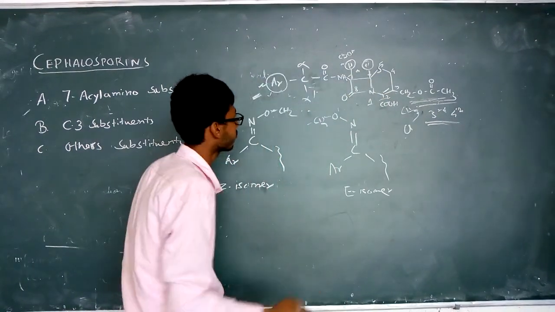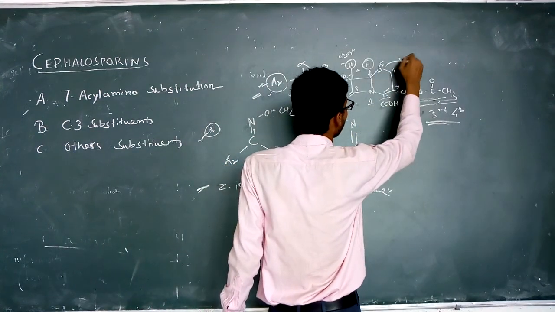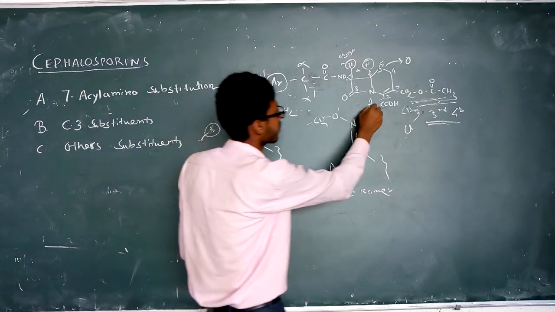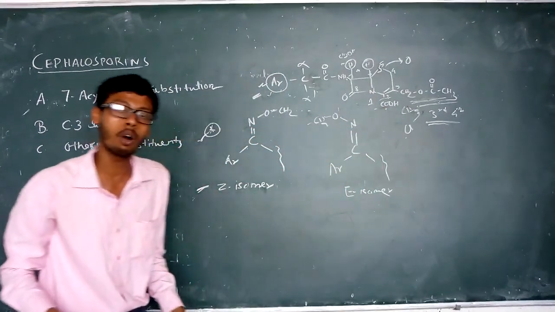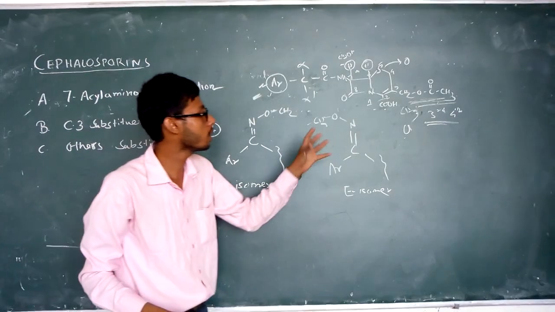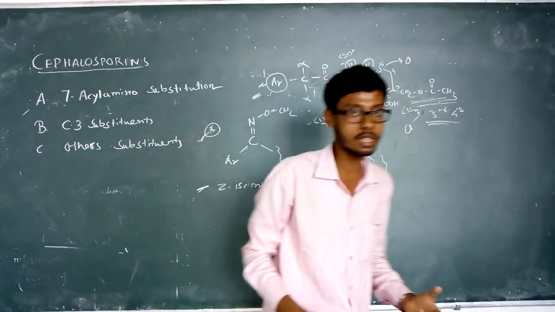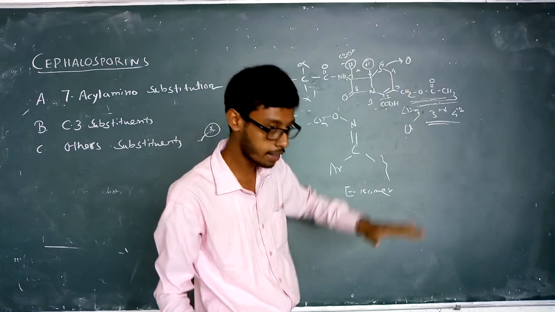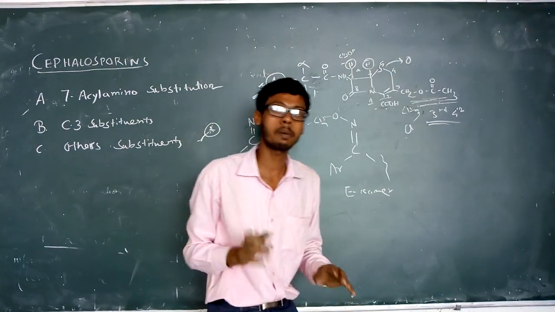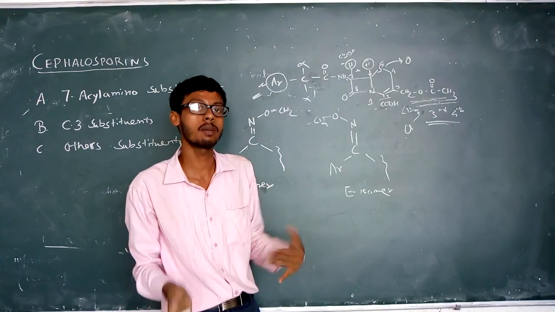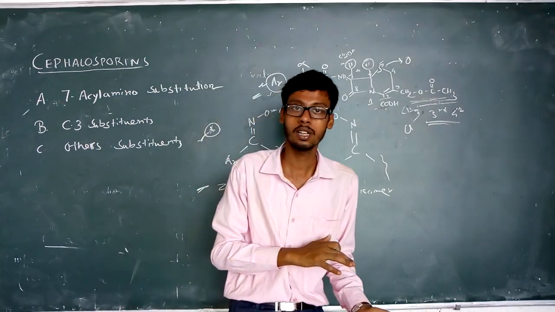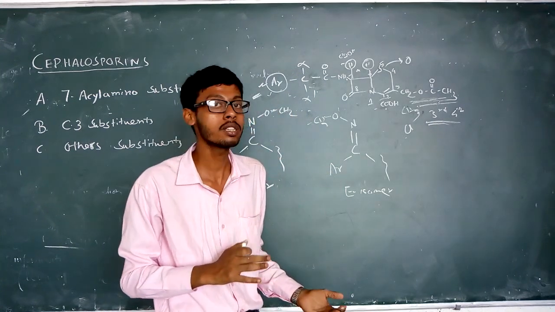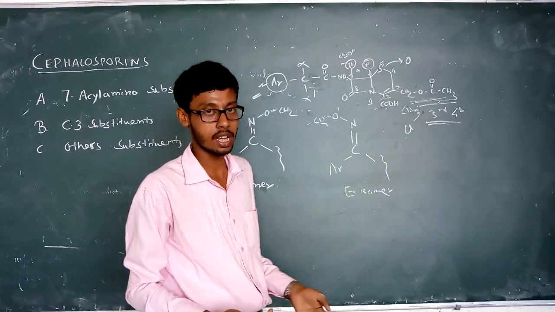When we replace the sulfur with oxygen, the ring structure becomes a beta lactam fused with an oxazole ring system. This oxazole-beta lactam ring system lowers the antibacterial activity. So we can say that when sulfur is present at the 5 position, it increases the antibacterial activity of cephalosporins, and where oxygen is present, the activity decreases.